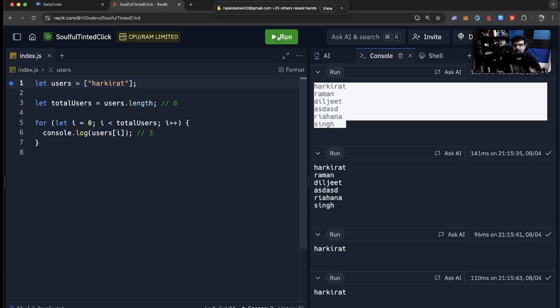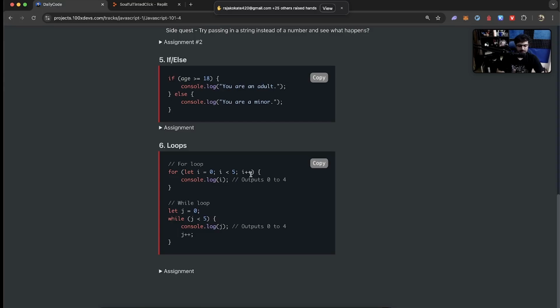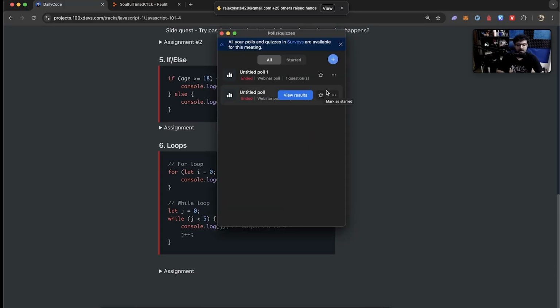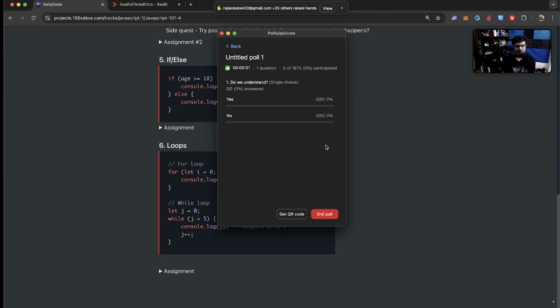All right. That's a brief of for loops. Do we understand this? Now it's time to take a small pause. And if we understand this, then we can decide what to do next. If this was too much already, then we'll cover objects and arrays in a slow paced offline video. If this is okay, then I can cover arrays and objects right now, but we need to finish arrays and objects really quickly so we can move on. All right, are we good to go, guys? Do we understand this? Great.